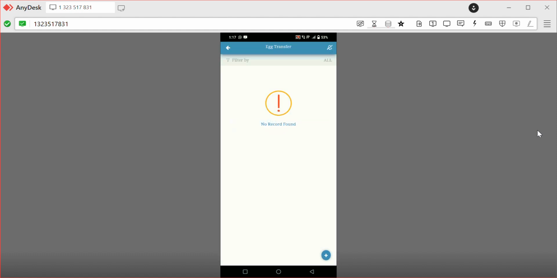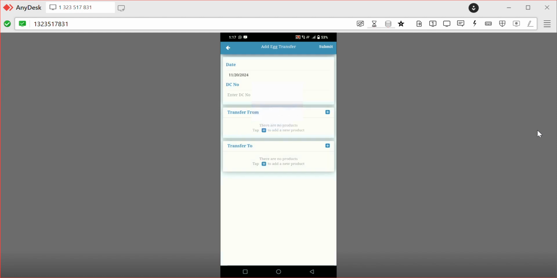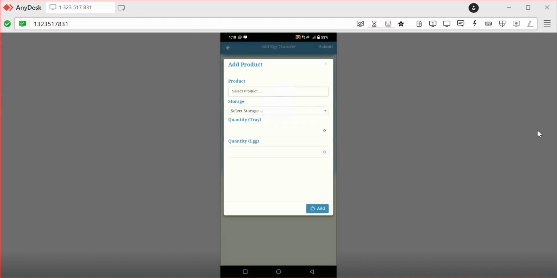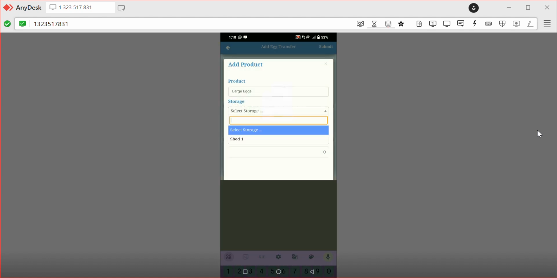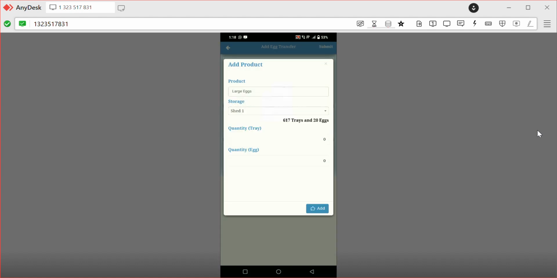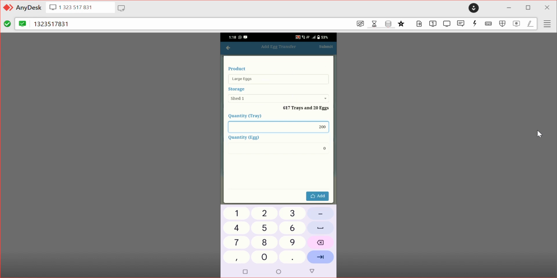Once we are done with the egg production, we can transfer from our shed to our egg godown. From store, select the date and from storage. Product is large eggs. Storage is shed 1. Enter the quantity, 200 trays.